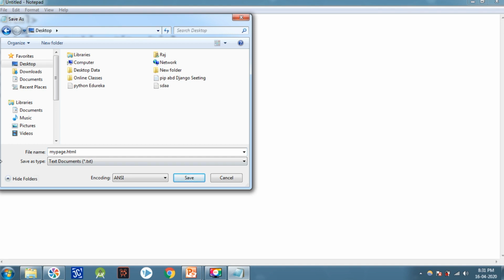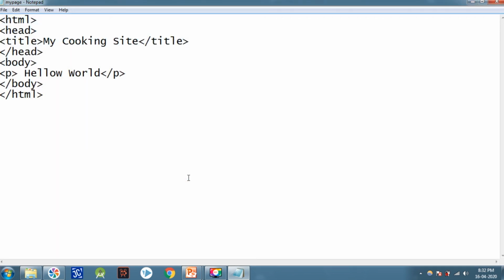Here you can see, student, after the file name I have typed .html. The .html is mandatory; without it the file is not considered an HTML file. So you have to store this file with the .html extension, without a space. The file name should not contain a space. Save it.